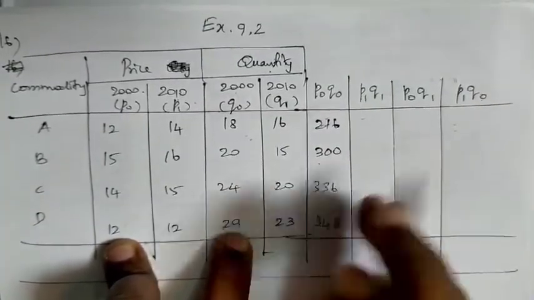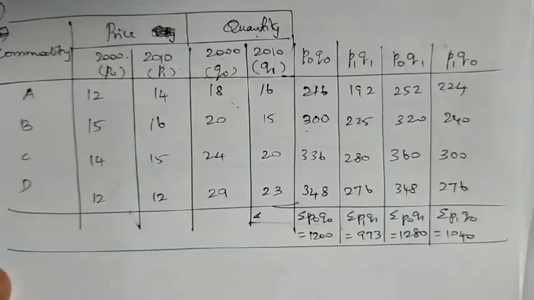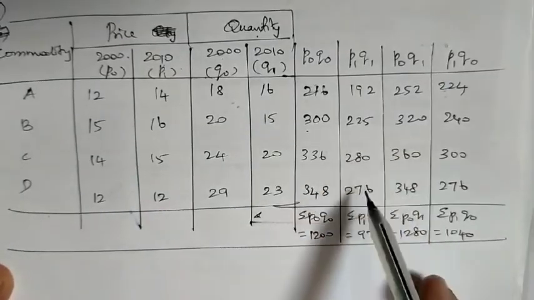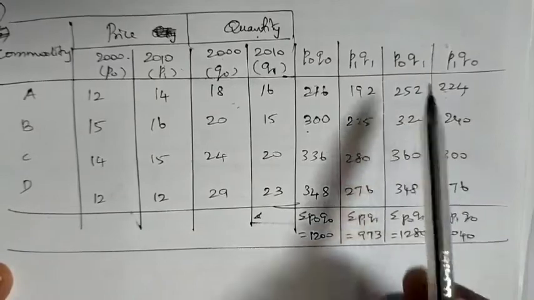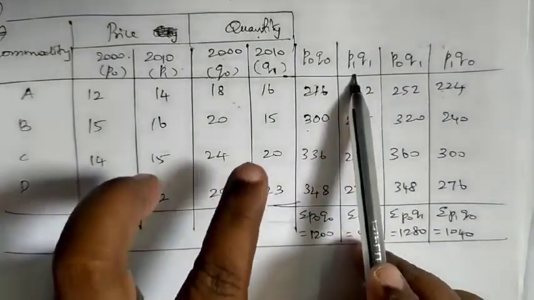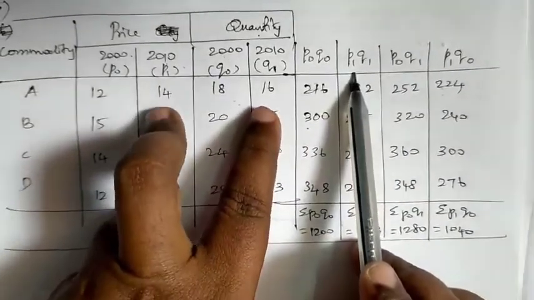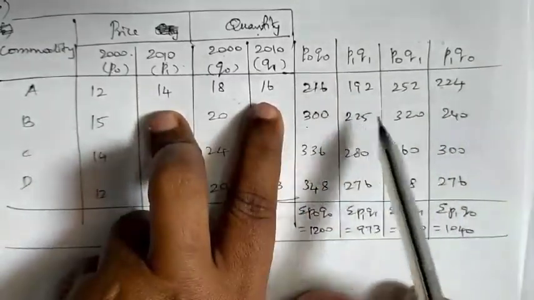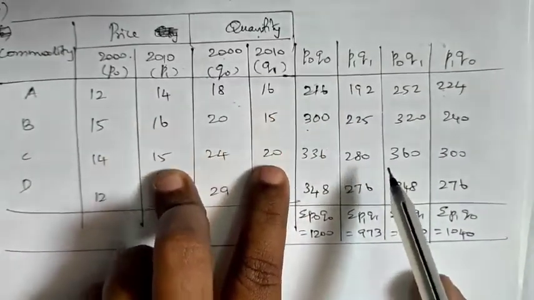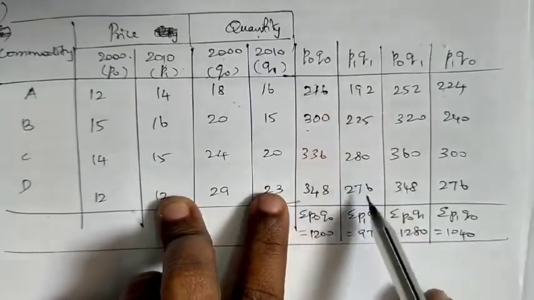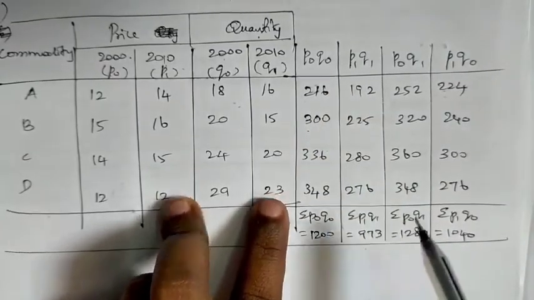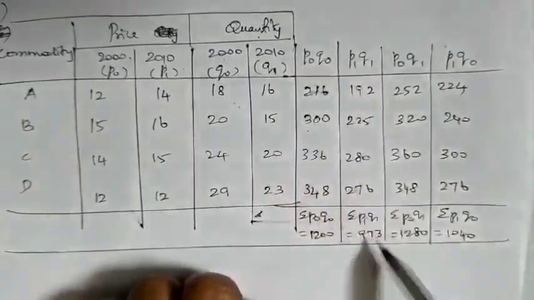Okay, use Calci to get the answers, children. Now the tabular column is ready. We used Calci to get the answer. P1 Q1 means keep your finger on those columns, P1 Q1, and you can use Calci and write the answers immediately. Don't remove the finger till you complete this particular column. Okay, and you should find the total of these new columns, children.